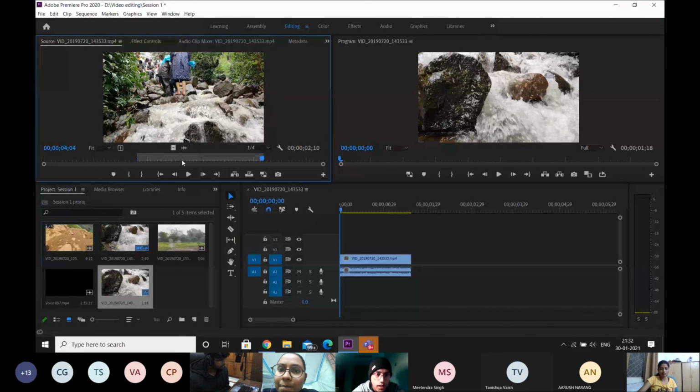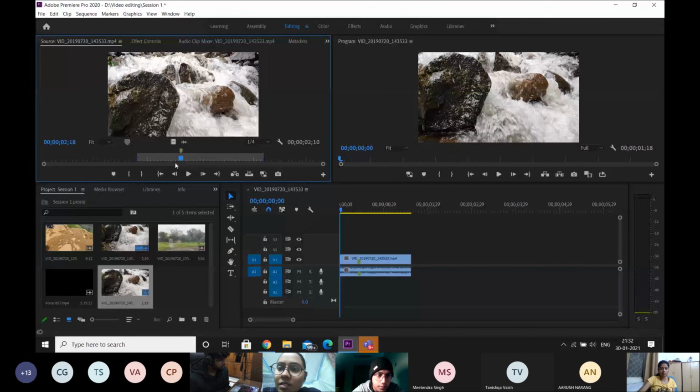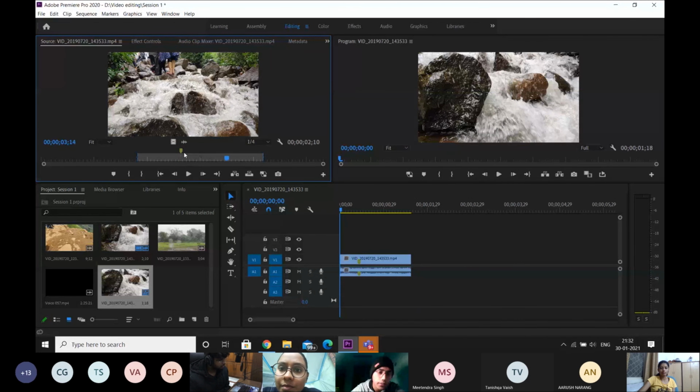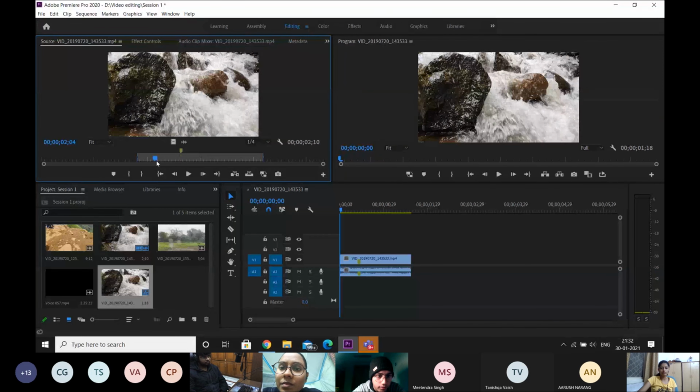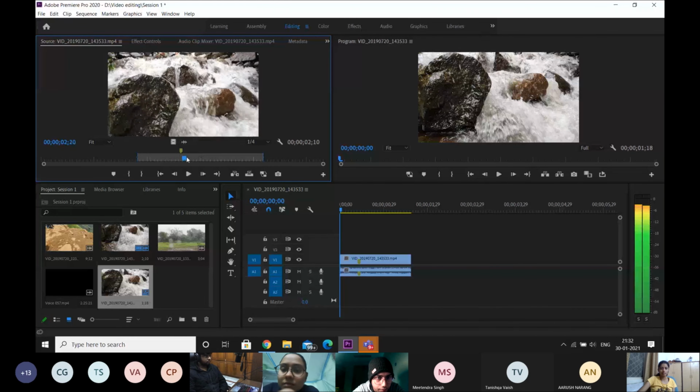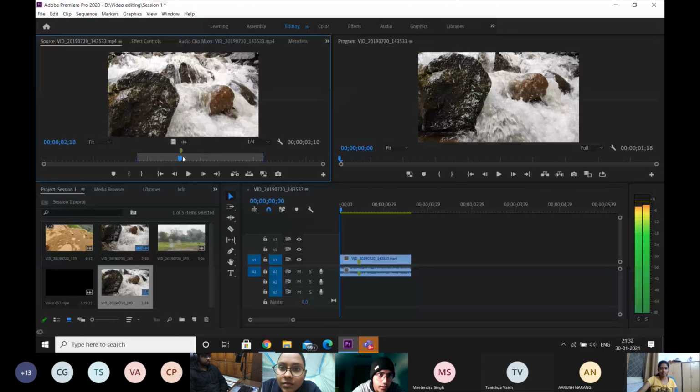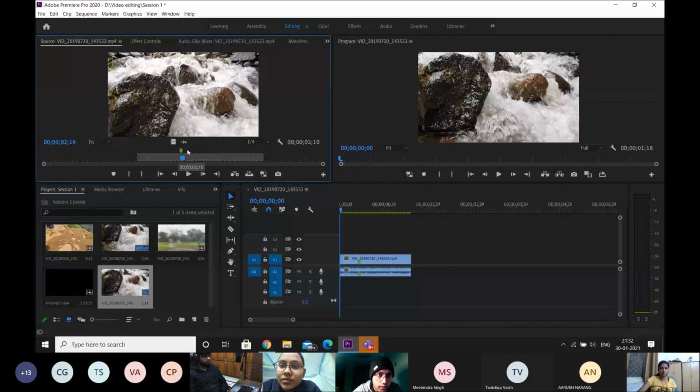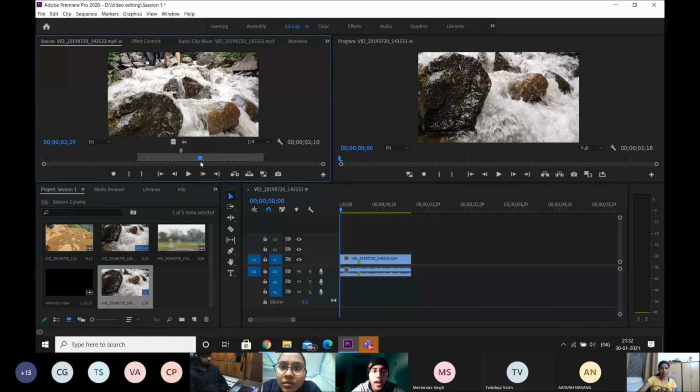Look, if I add a marker at this particular point, that means I'm signifying that I want something that is at this point. For example, coincidentally at this very moment where I've placed the marker, the feet of the women are visible over here. So I can add the marker for that very reason. That depends on the person.